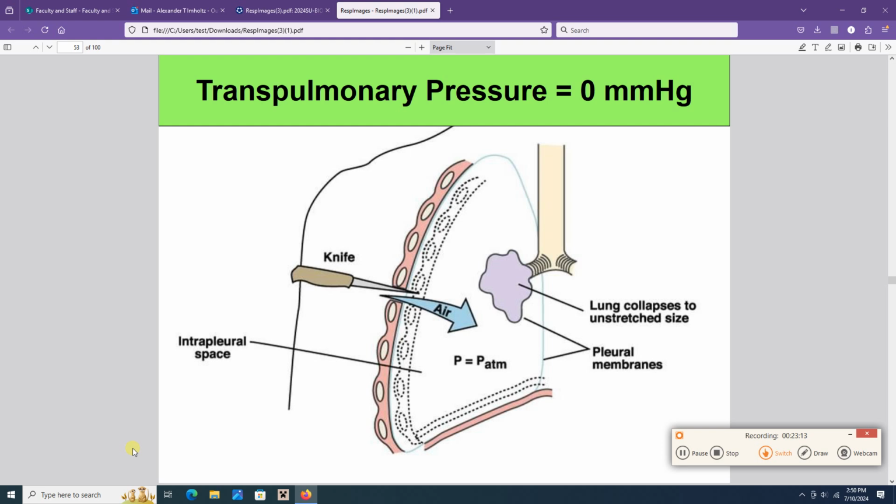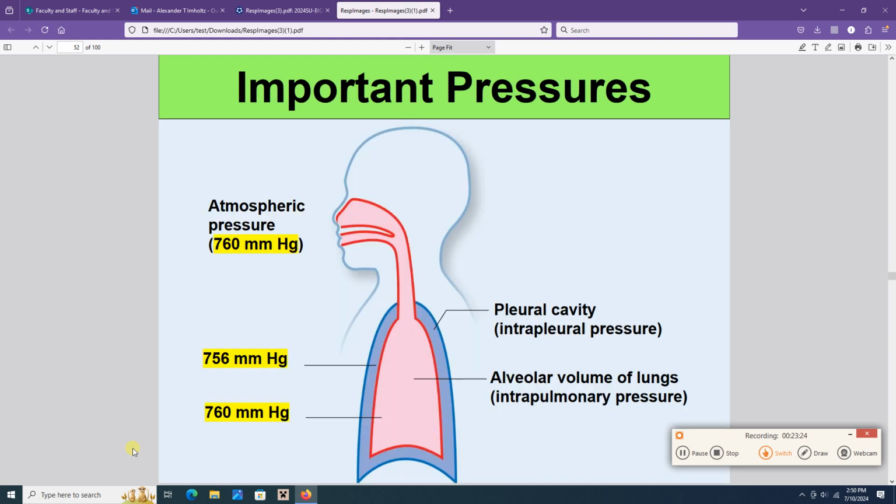Remember, the lungs are surrounded by what kind of fibers? Elastic fibers. And so when there is air in your lungs, your lungs are stretched. What that means is that the wall of the lungs wants to come back inward. The walls of the lungs, because they're stretched, want to come back inward. So your lungs want to collapse because of that elasticity. However,